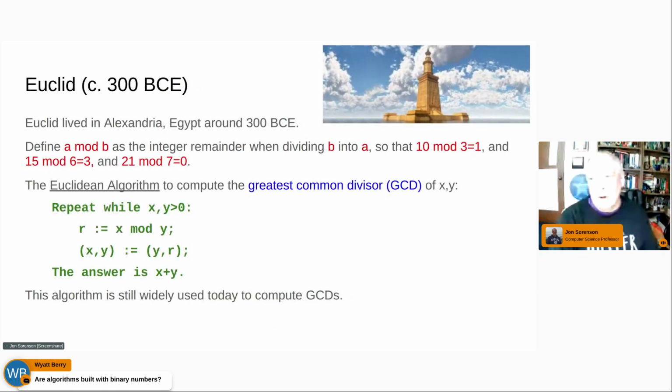Are algorithms built with binary numbers? Normally, binary is not fun to work with. So normally you don't build the algorithm in binary. Binary is where it ends up after you write it down as a program in a programming language, and then you run it through a compiler. Then what it produces is the binary code that the machine understands, because the computer has to run the algorithm in a program that it understands, as opposed to what a human understands. And so we have to translate between the way people think and the way a CPU thinks. So that's where the binary comes up.